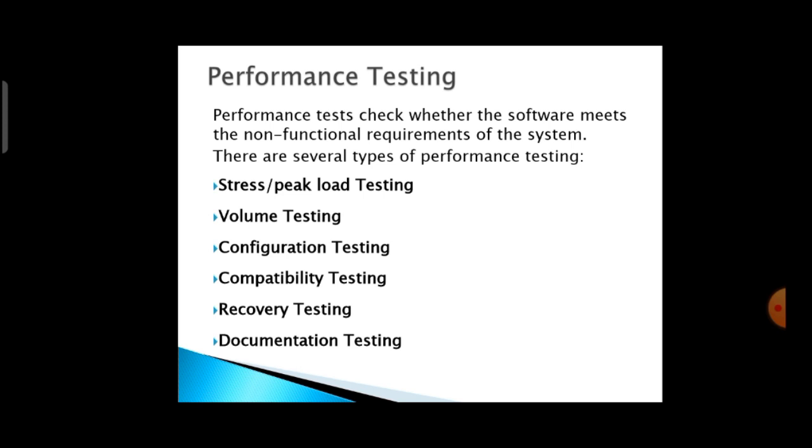Next is the configuration testing. It is used to analyze system behavior in various hardware and software configurations specified in the non-functional requirements. Sometimes systems are built in variable configurations for different users. For example, if the system is designed to serve a single user and there is an extension configuration to serve additional users, then the system should be configured in each of the required configurations and checked to see if it behaves correctly in all required configurations.